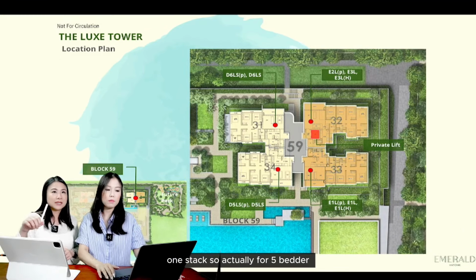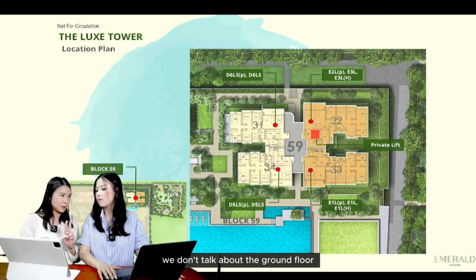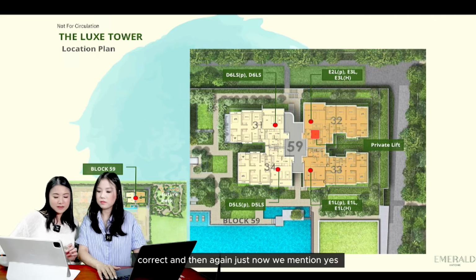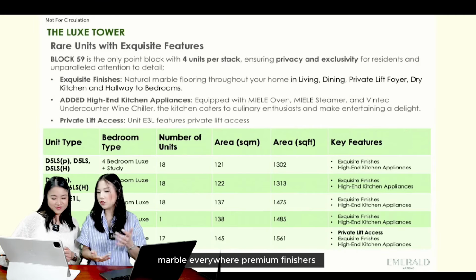So actually for 5-bedder quite easy, because generally we only have 2 different layouts. We don't talk about the ground floor lah. We talk about the normal one. One is with lift, one is without lift. And then again, just now we mentioned marble everywhere, premium finishes,